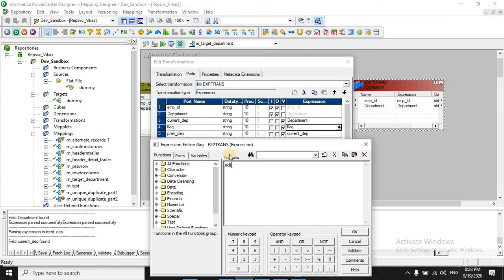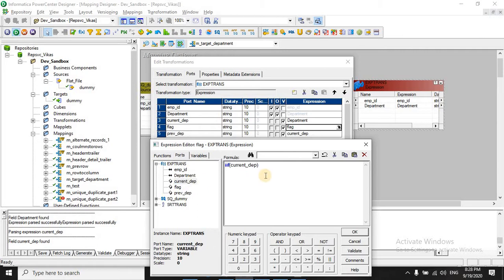Let's quickly write the logic here. If the current department equals the previous department, that is, there is no change, the data is in the same department, so we are not using any flag, that is, it's a no. If there is a change in department, then we will say yes, now the department has changed and you have to write into another target.